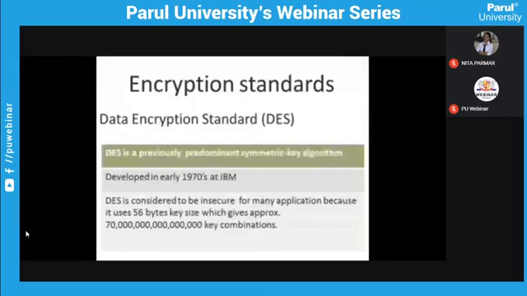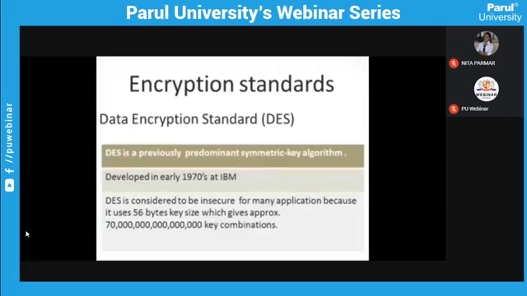A very well-known algorithm used in symmetric encryption is the Data Encryption Standard. You must have known this algorithm in your curriculum. Data Encryption Standard (DES) is a very well-known algorithm, and it is a symmetric key algorithm which was developed by IBM in the early 1970s. So it was the major algorithm used in the 70s, and